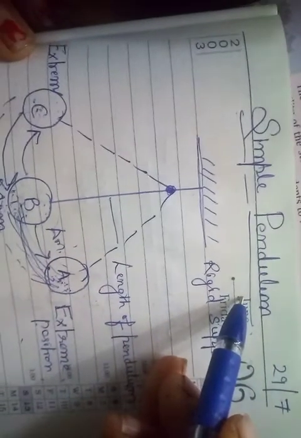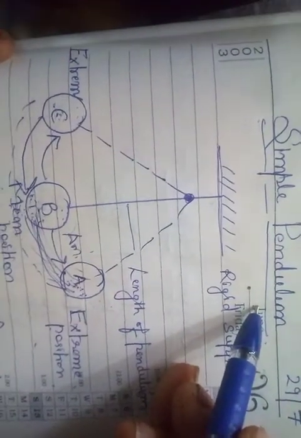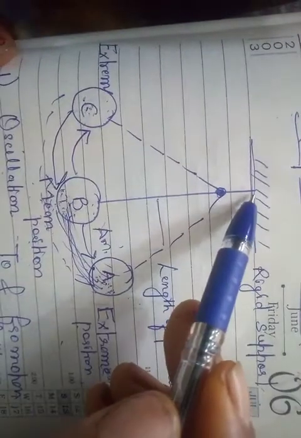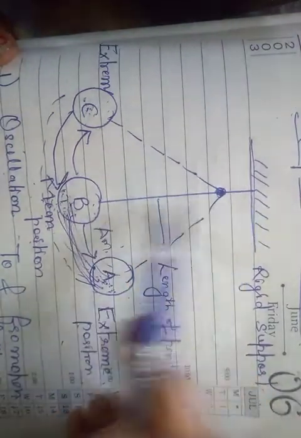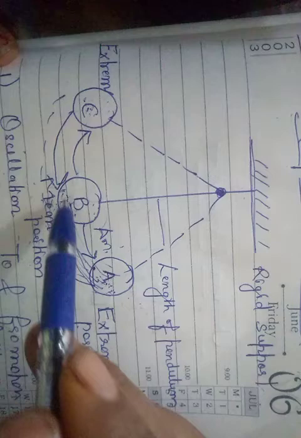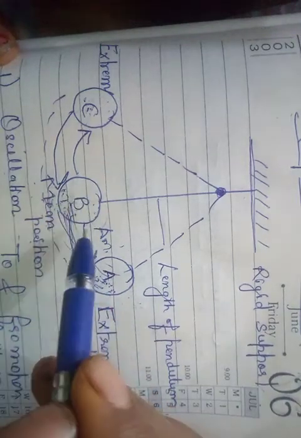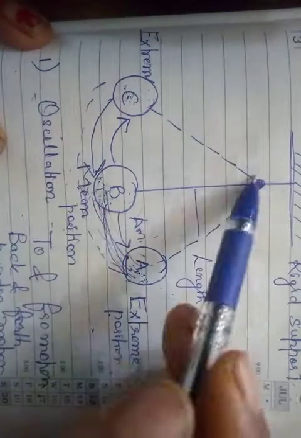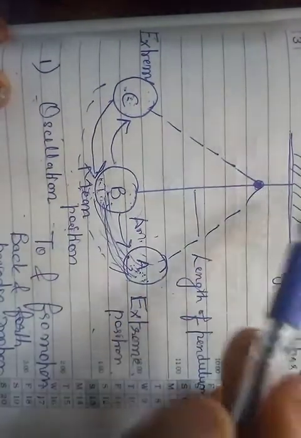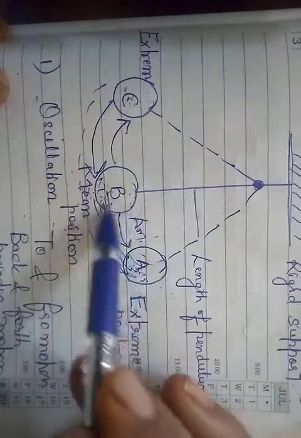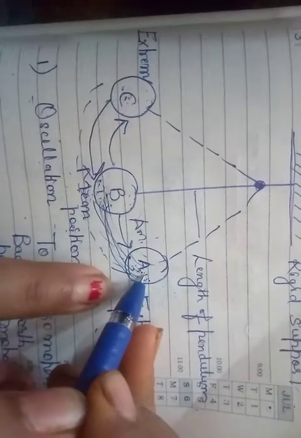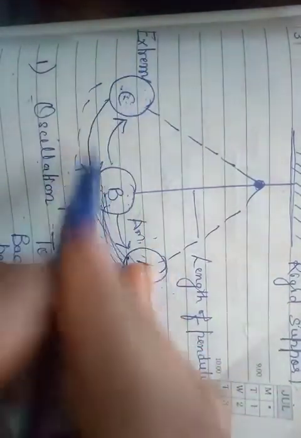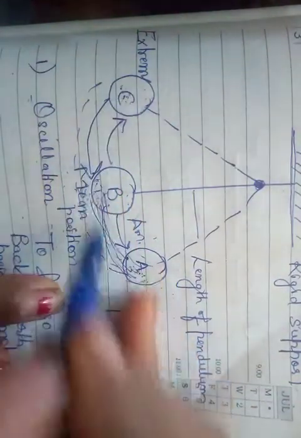We are going to start this topic, simple pendulum. Here there is a string and a ball, or anything you can attach. It's like a pendulum, like you have seen in clocks. Pendulum clocks, might you have seen. It is just like this pendulum. We can make one by taking a ball attached with a string, and when we push it from one side, it starts moving in this way, like swinging.